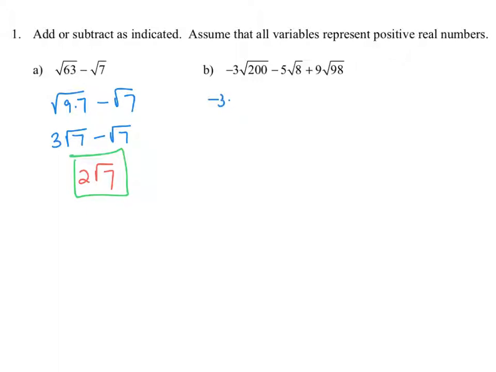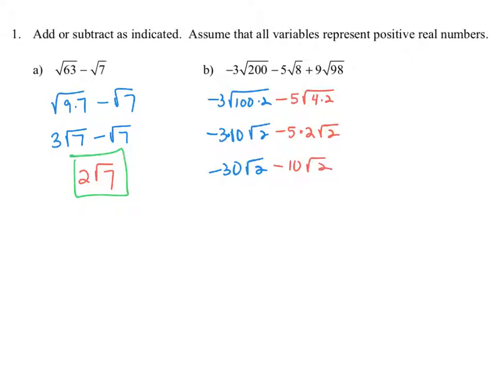We can write the square root of 200 as 100 times 2. And 100 is a perfect square, so the square root of 100 is 10. So this can be written as negative 3 times 10 times the square root of 2. And then negative 3 times 10 is negative 30 times the square root of 2. And now let's simplify the minus 5 times the square root of 8. Well, the square root of 8 can be written as 4 times 2. And the square root of 4 is 2, so we can bring that out in front. So it becomes negative 5 times 2 times the square root of 2, or